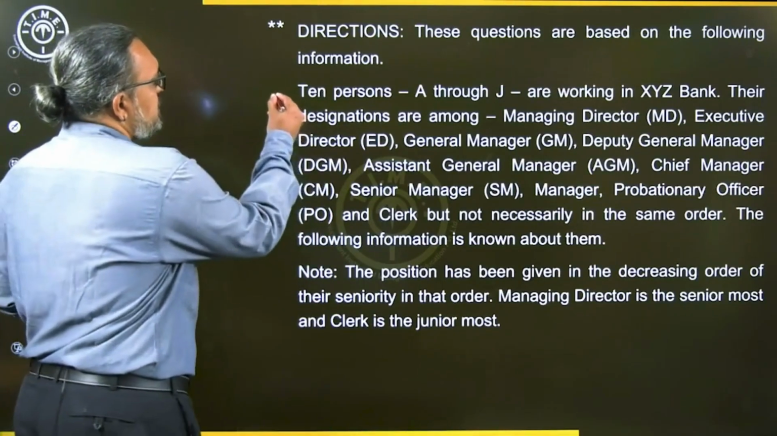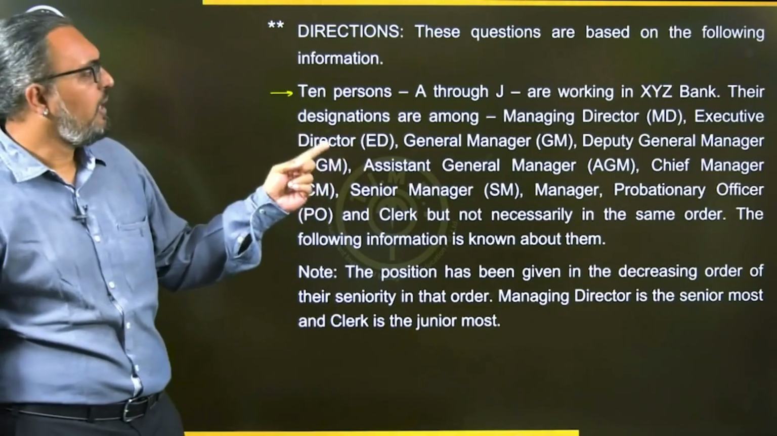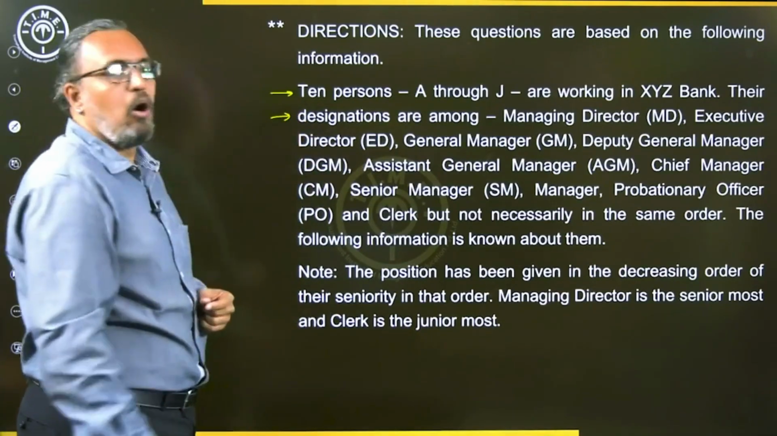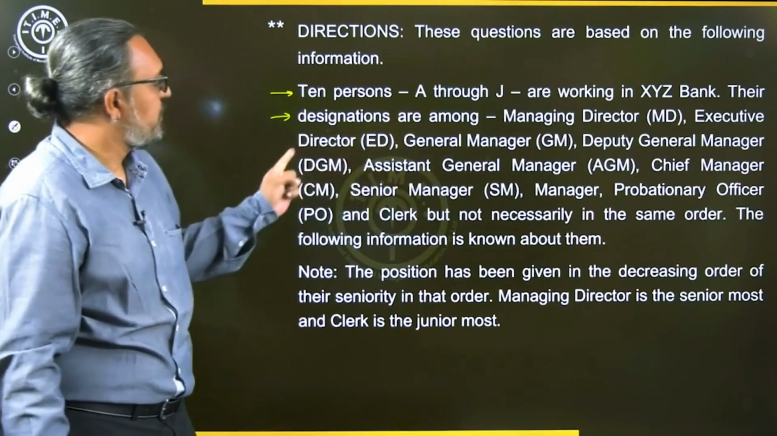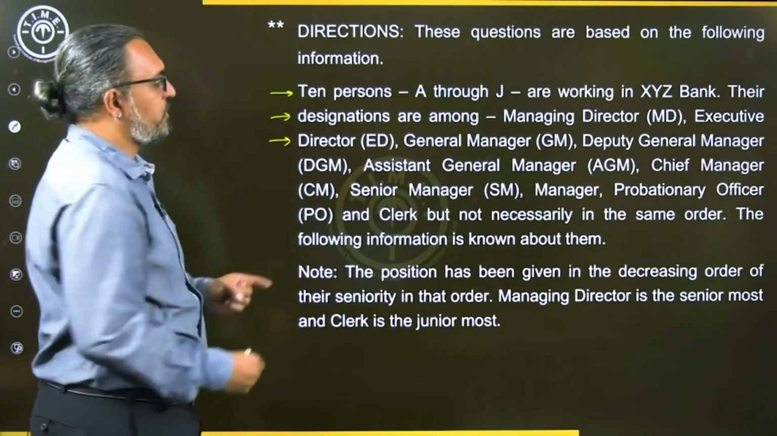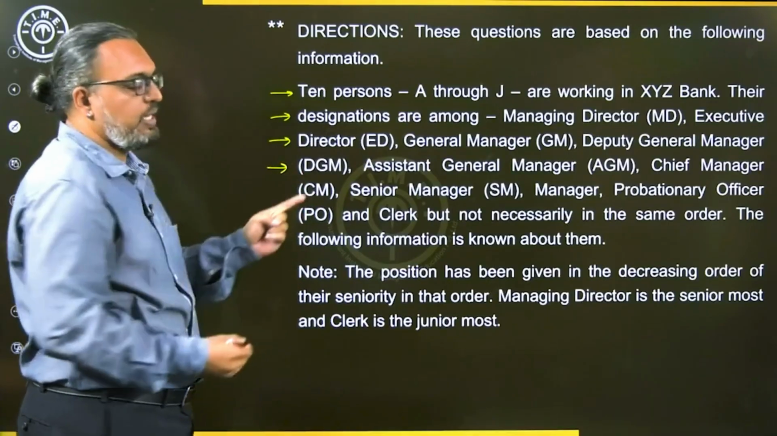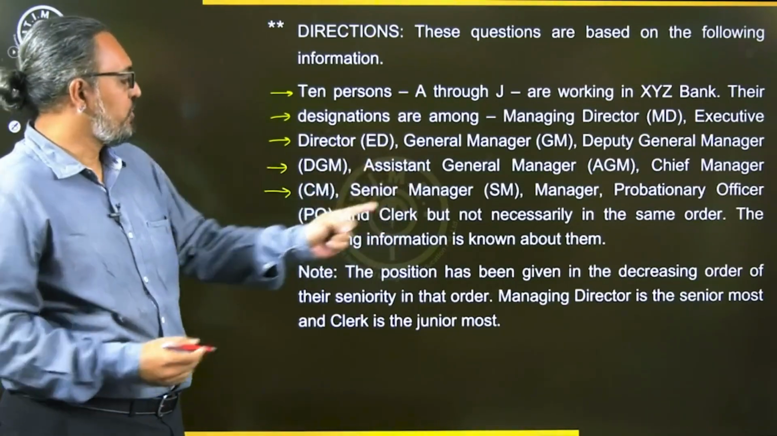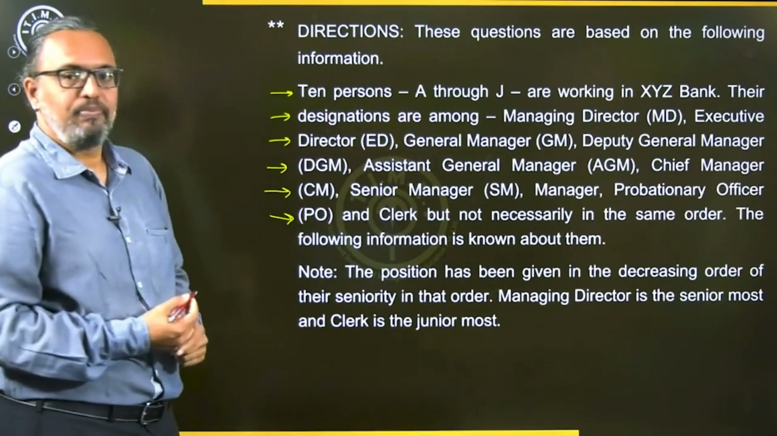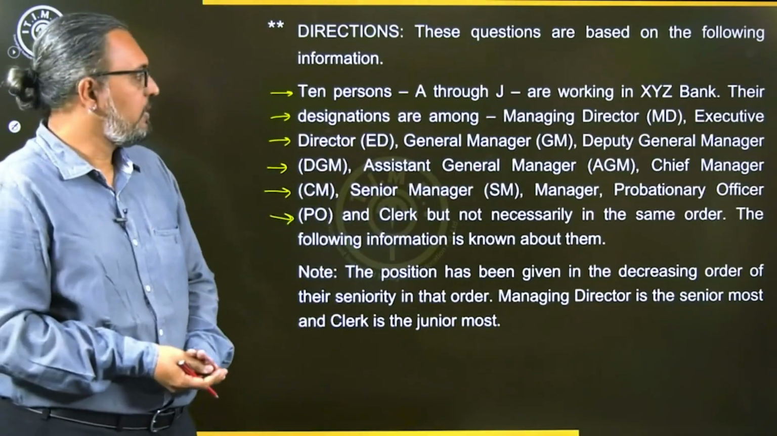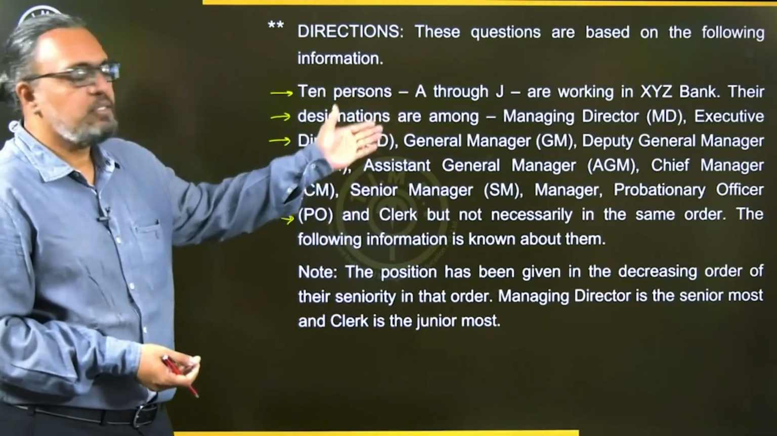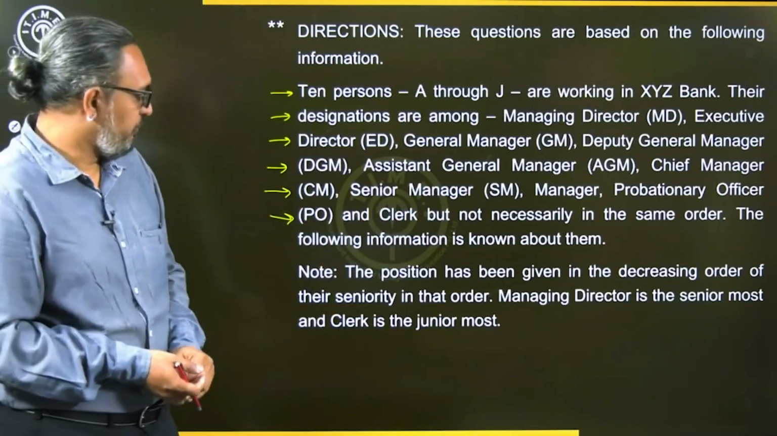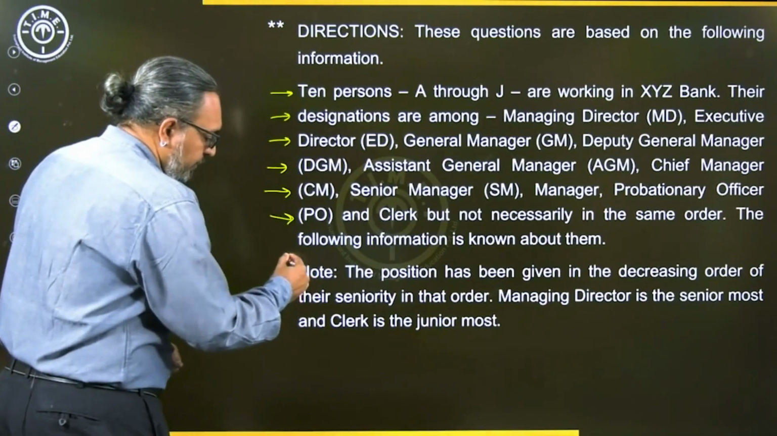So, it says 10 persons A through J are working in XYZ bank. Their designations are among Managing Director, Executive Director, General Manager, Deputy General Manager, Assistant General Manager, Chief Manager, Senior Manager, Manager, Probationary Officer and Clerk, but not necessarily in the same order. Okay, so there are 10 persons, so there will be 10 designations. The following information is known about them, and you have a note here which is an important one